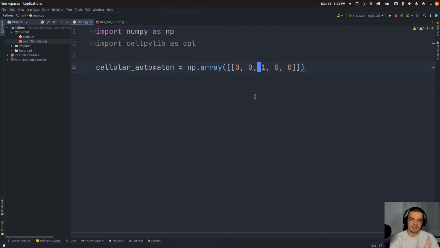And one thing that's important is when you're considering the neighborhood of this cell here, the right neighbor is obviously this here, but the left neighbor is this here. So it goes full circle basically. Yeah, so that is our default state, and all we have to do now to evolve according to rule 110, according to this rule here,